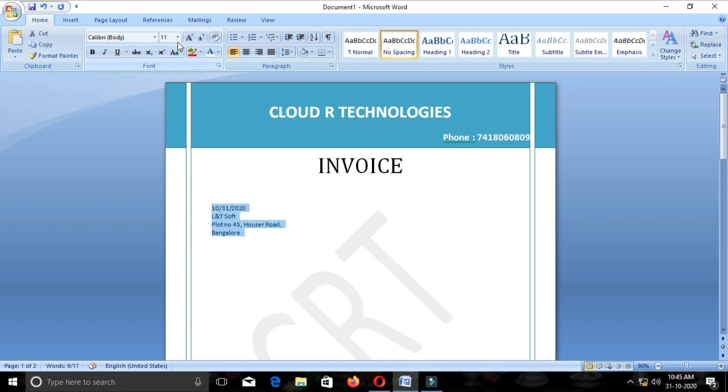I make the font size a little bit bigger than that. I would like to move this date to the right side.